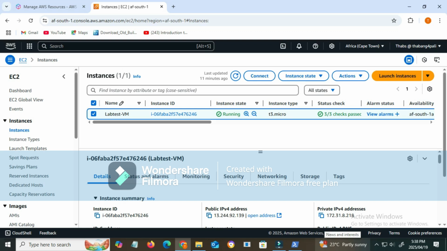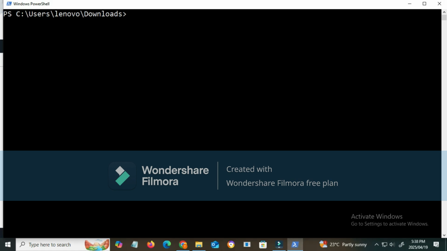Without any waste of time, I've already opened my AWS account. Let me copy my IP address and then I'll go to my PowerShell. In PowerShell, to log in with SSH, you must be in a directory where you saved your keys. Okay, I'm inside my downloads directory. I'll give the command ssh